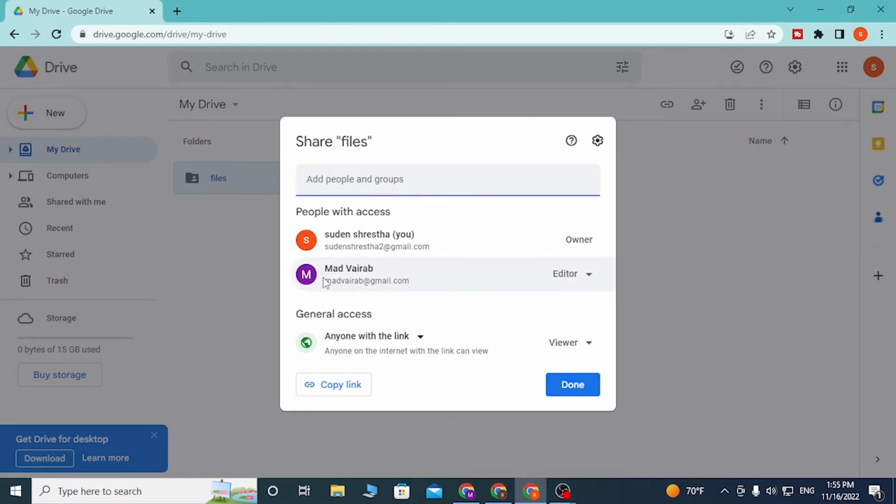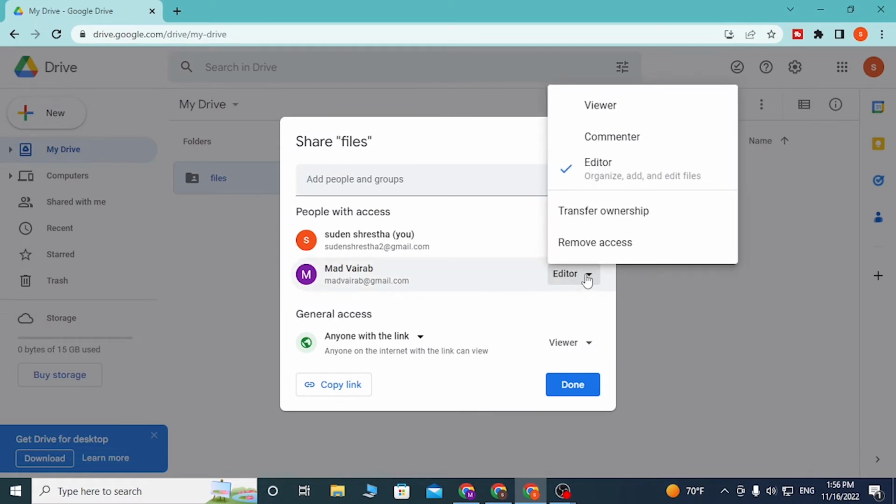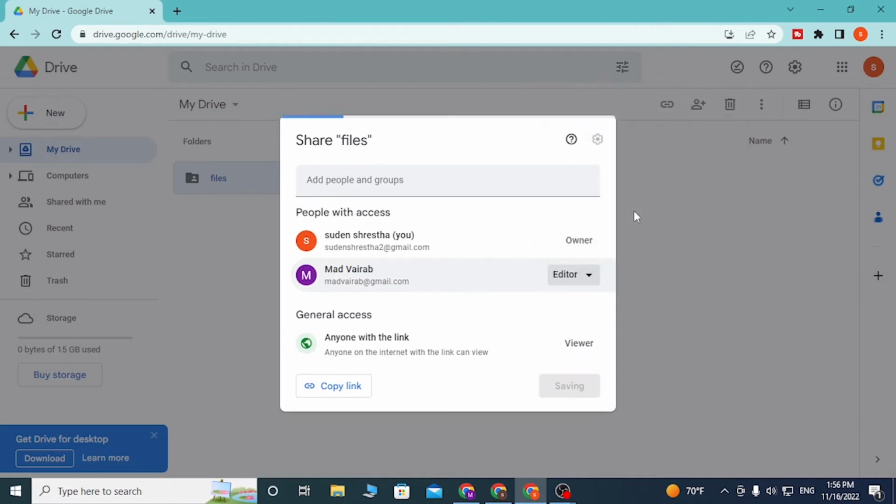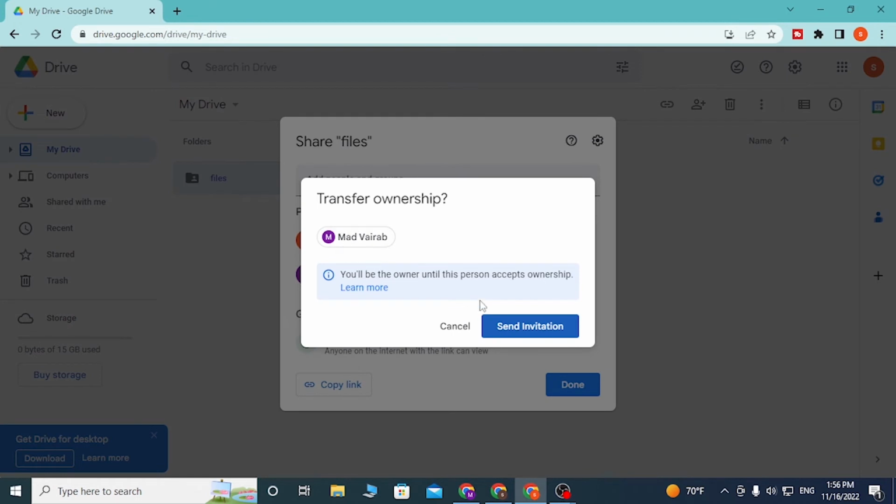Now to transfer the ownership of this Google Drive, you can simply click over here where it says editor, and you will be able to find the transfer ownership button available. If you click on it like this, you'll be able to transfer your Google Drive to your other account. If you send an invitation, you can see it says you will be the owner